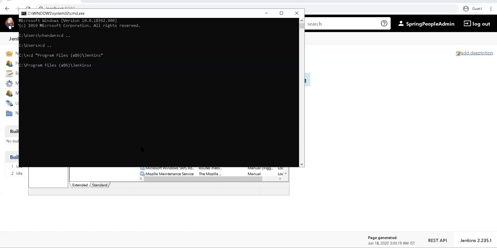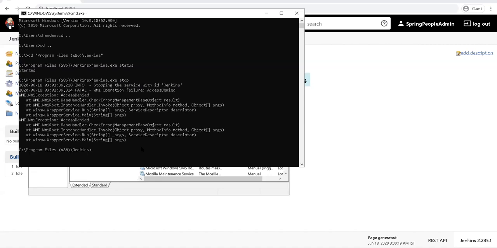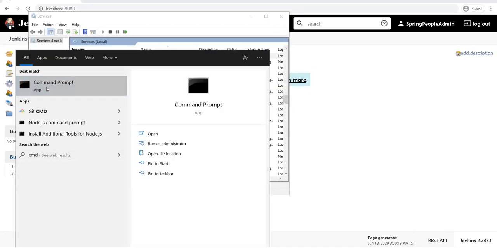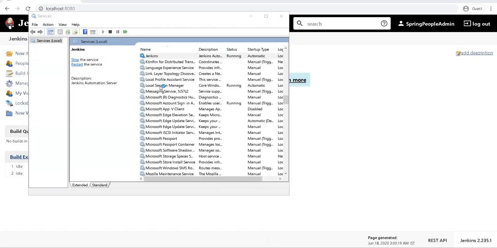So to manage Jenkins services, I would do jenkins.exe, and to see the status, I will type status. So it will tell me that the status is started. If I want to stop the service, I would type stop. Okay, saying access denied. So when you are trying to stop it, try to open cmd using admin, run as admin,